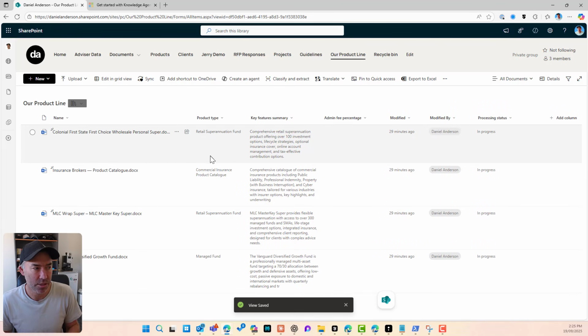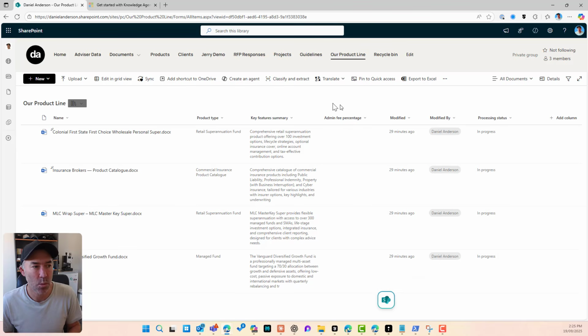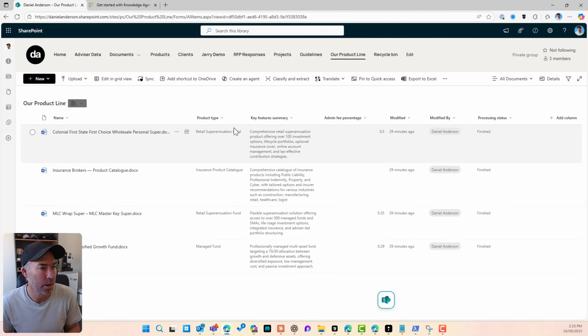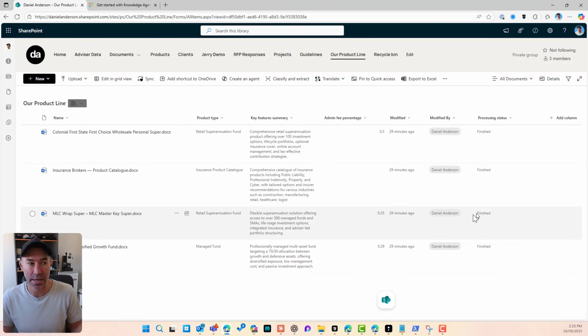So I've got our product type that's been recommended by the contents of the documents. I've got a key features summary, all right? And it's still processing, but once this is processed, we should also get an admin fee percentage in this column as well. All right, so you can see there's our percentage. It's now finished. The processing status is now complete. And I've got my admin percentage fees here. Okay,